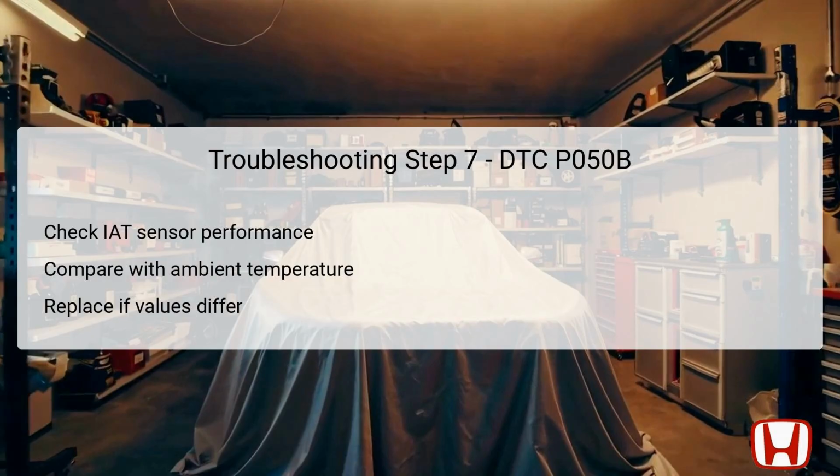Next, turn the vehicle to the on mode and quickly check the value of IAT sensor 1 using the HDS. It is crucial to compare the IAT sensor reading to the measured ambient temperature. If the difference is 5.4 degrees Fahrenheit or 3 degrees Celsius or greater, it indicates a malfunctioning IAT sensor,